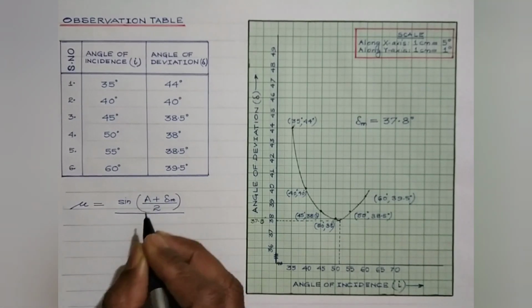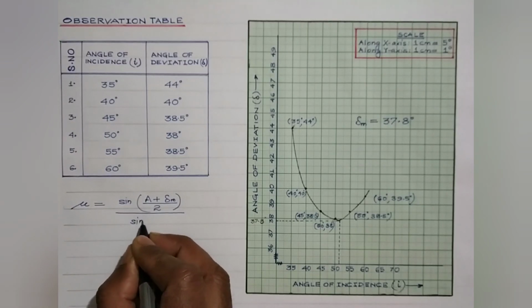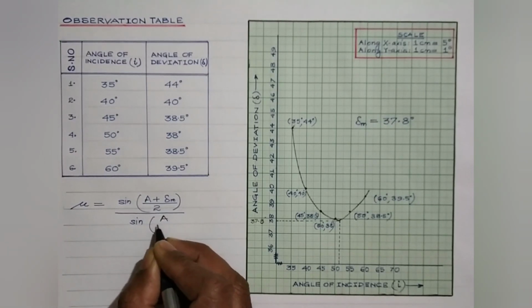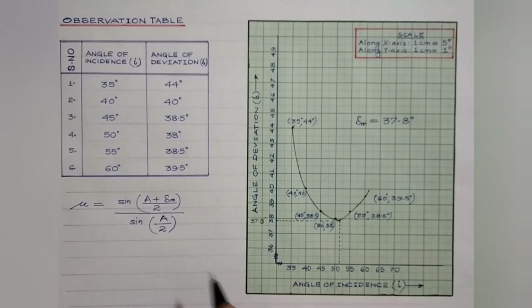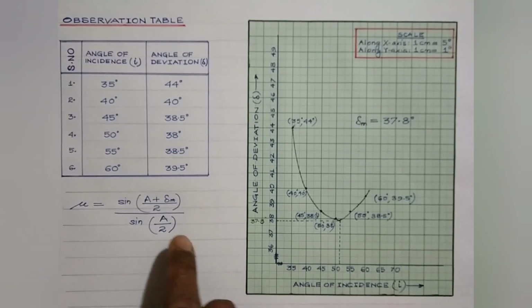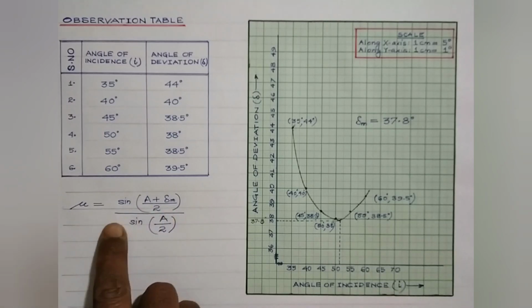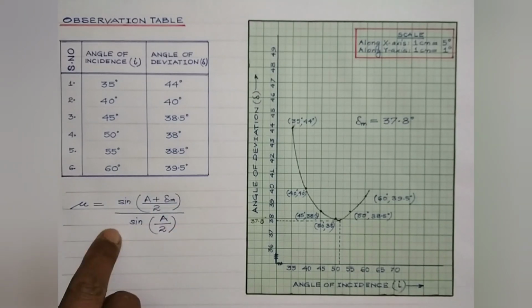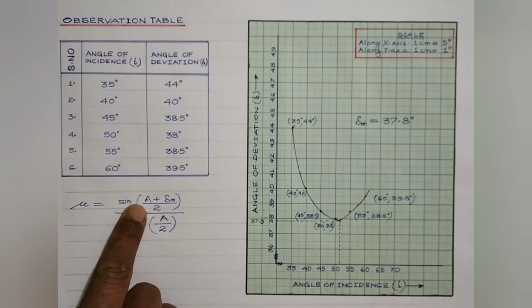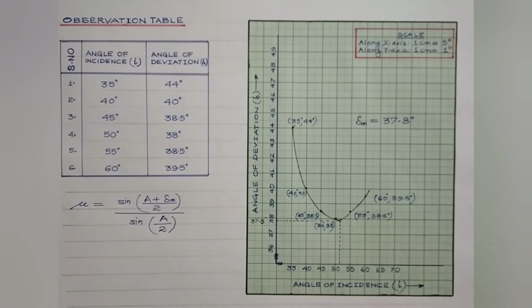So A would be 60 degree, divided by sine A by 2. I will share the link of my video concerning the theoretical lecture of this particular topic, right, in the description box. So you can refer to that as well for the mathematical derivation of this particular formula. Now students, we need to substitute this value of A and del m, and we can easily obtain the value